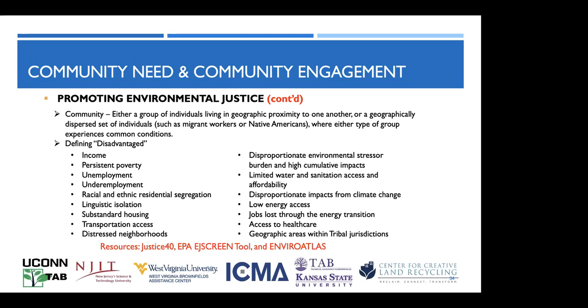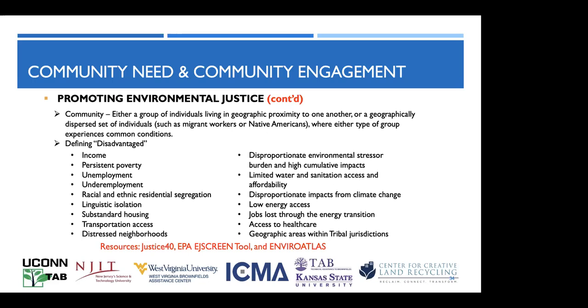So basically here, this tells you what's considered an EJ community. You define a community by either a group of individuals living in geographic proximity to one another or a geographically dispersed set of individuals. So that may be migrant workers or Native Americans, where either type of group experiences common conditions. So when you're defining disadvantage, you want to think about things like income,